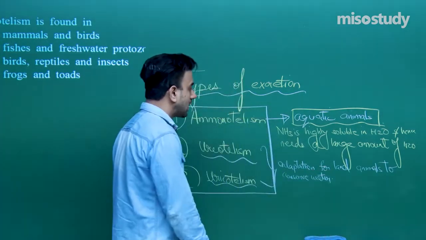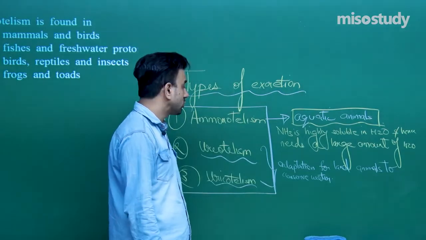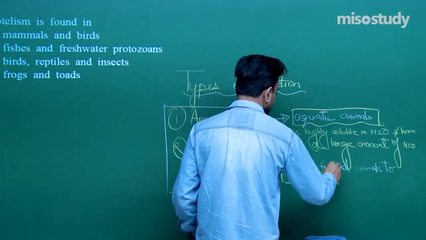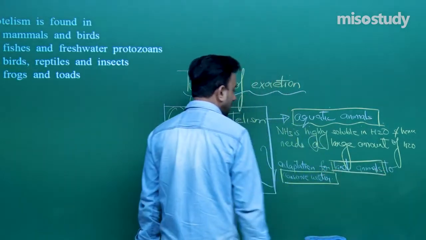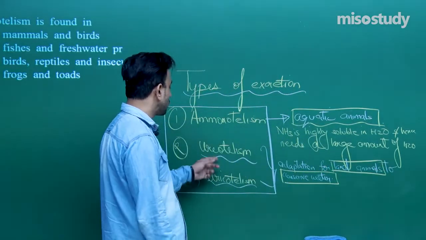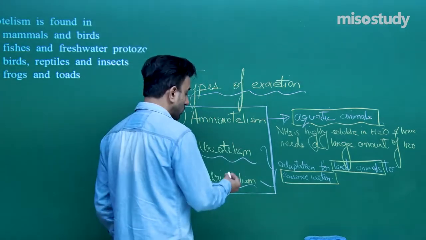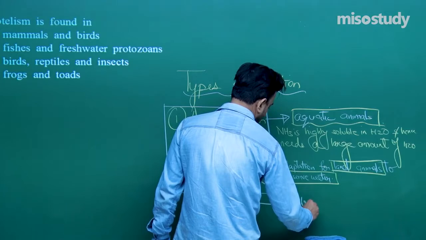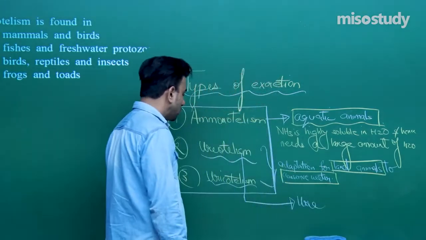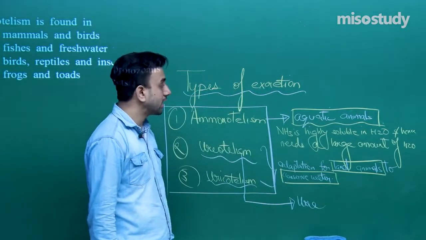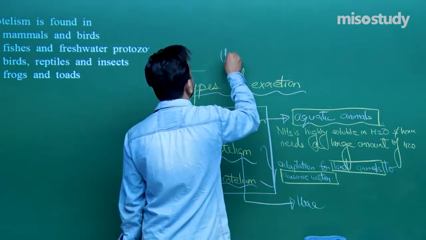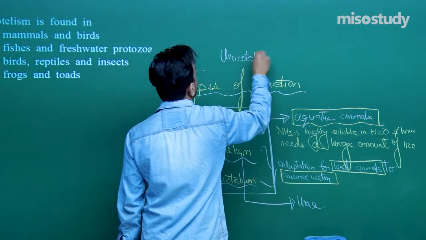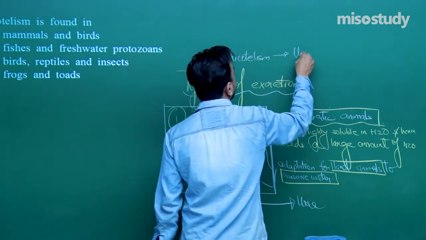In ureotelism the excretion mode will be urea, right? And when we talk of uricotelism, the excretion mode is mainly uric acid,